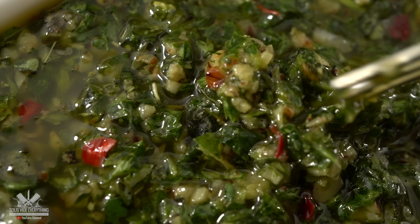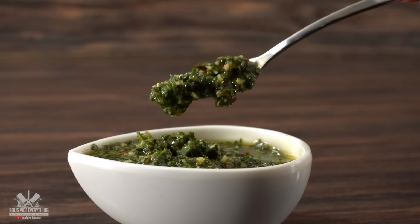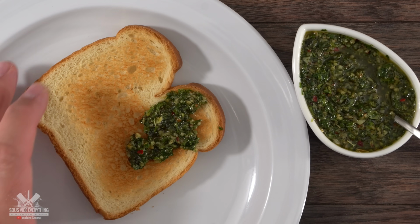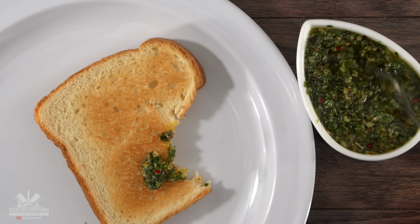Now I am going to give you a quick warning, everybody. Be careful with this sauce. It is so delicious and addicting that you might just eat all of it. I mean, especially for me, I like to throw a little bit on a toast and just go to town. It is very difficult for me to restrain myself and not eat all of it because it is so